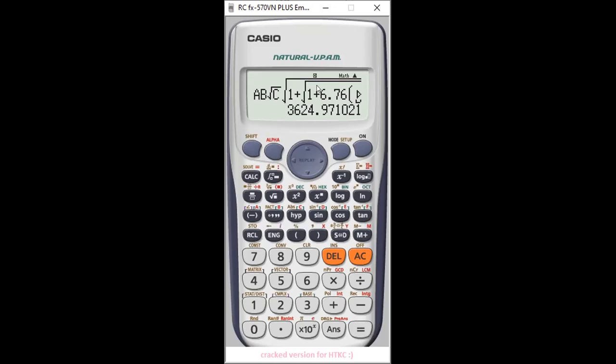3624.939. 0.97. Oh, same naman pala. Halos, no? So, yeah. 1 plus 6.76 times 1 over DC. So, I think may other value, no? Doon kasi sa handheld calculator na gamit ko, iba yung value lumalabas, no? So, maybe sa value ng B at C,